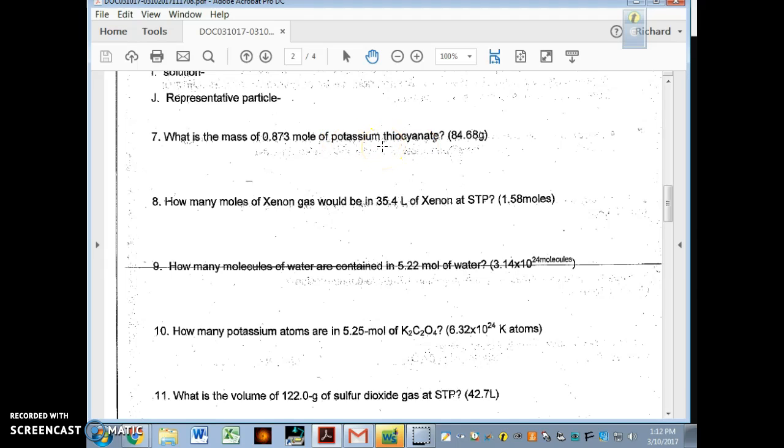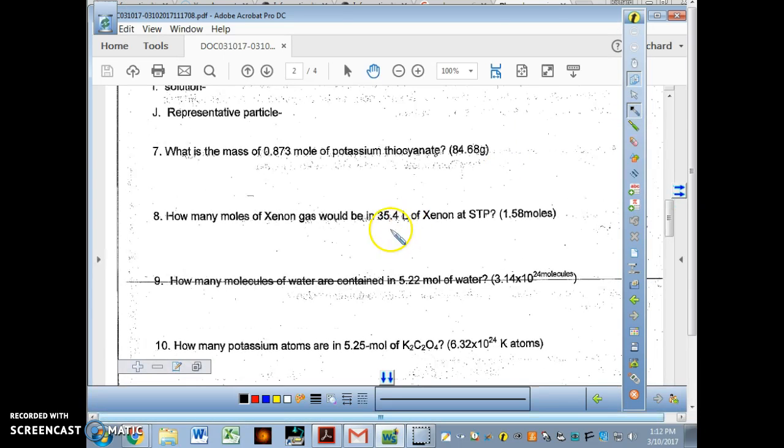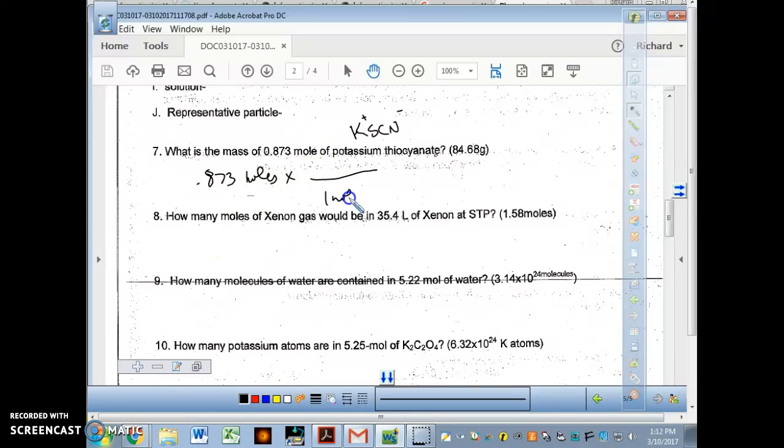We need the formula. And in that case, the formula for potassium thiocyanate, oops, looks like we didn't go back to the proper page. There we go. Is KSCN. This is a positive one. That's a negative one. So we're going to take 0.873 moles, and we're going to multiply by the molar mass of KSCN,